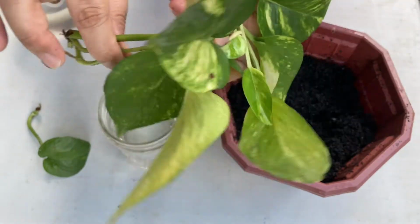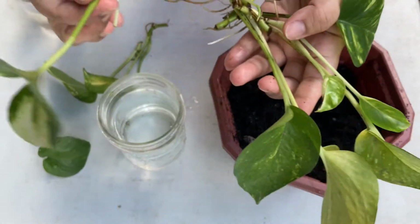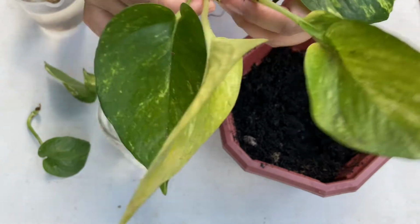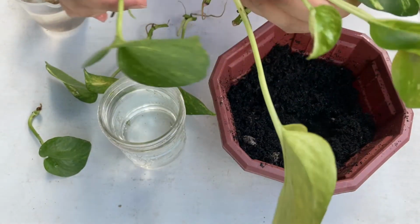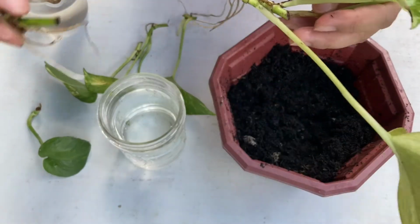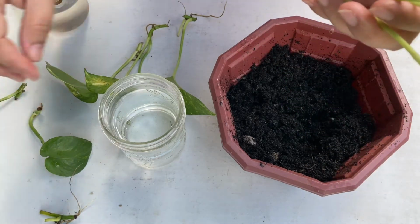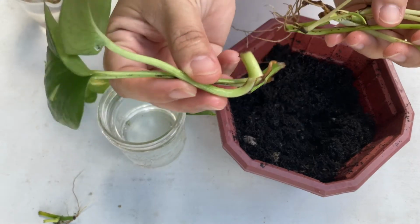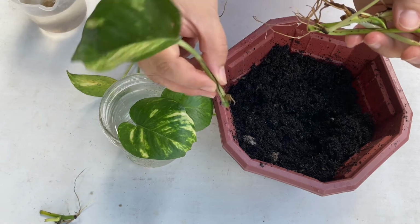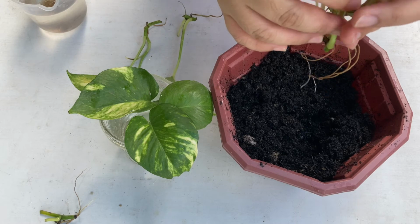But wait, there's more. Amazing pothos plant benefits. It's low maintenance, as we said, in moist and dry environments and low light, and indirect sunlight, and water only when the soil is dry to the touch. And it is easy to propagate like this. Some of it is just from cuttings from the mother plant. And we will just keep in the water bottle those that still have no roots and grow without sunlight,